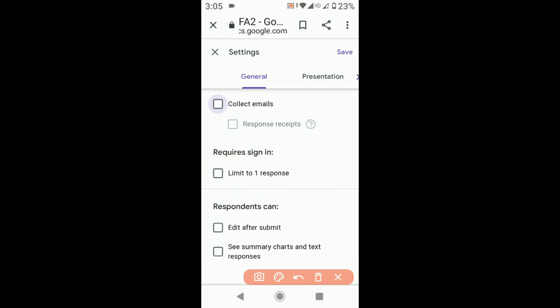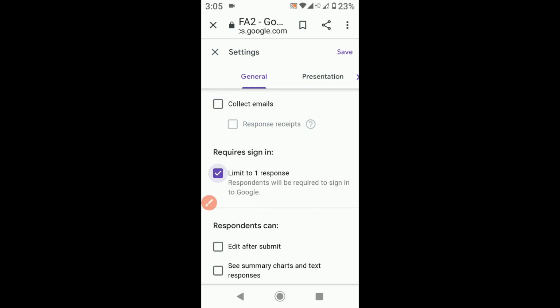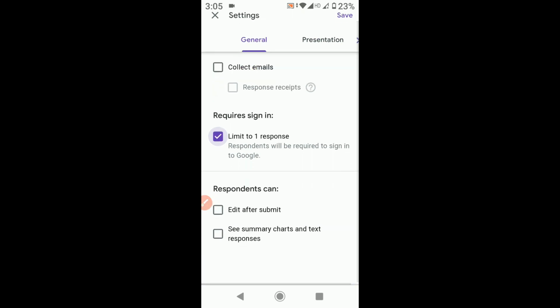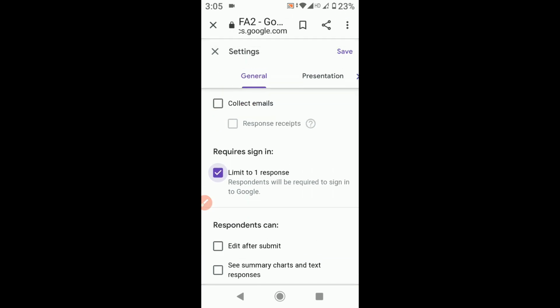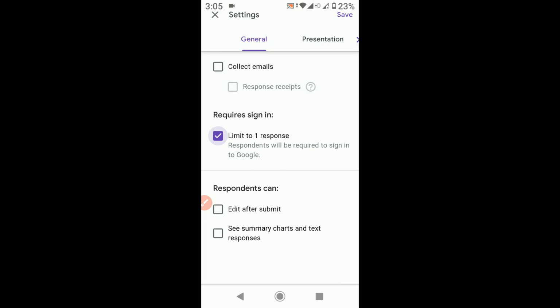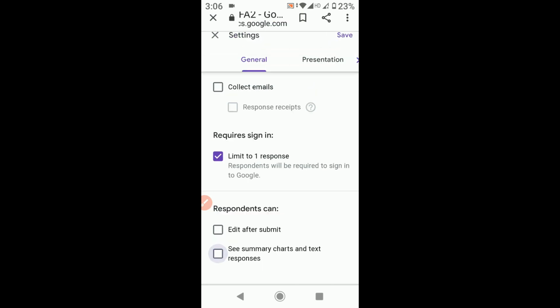That means the student can fill the Google Form only once. So this you have to click, and the rest will be empty. Student should not be able to edit after submit or see summary charts and text responses.